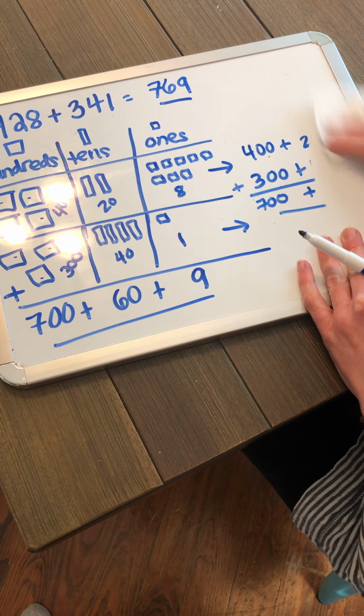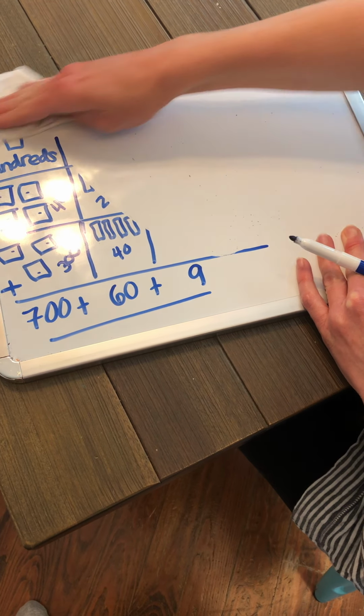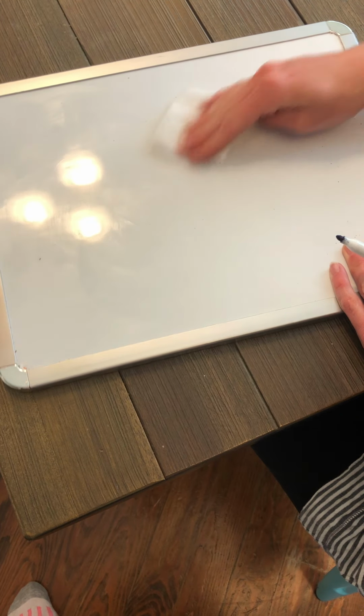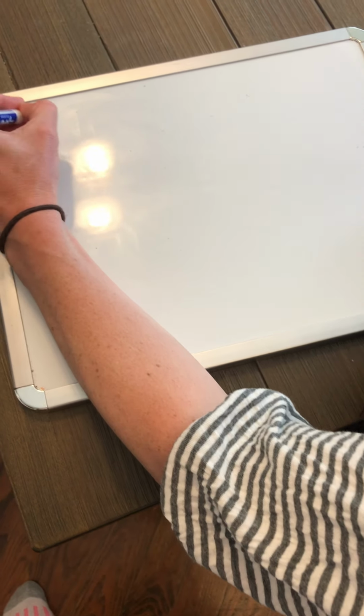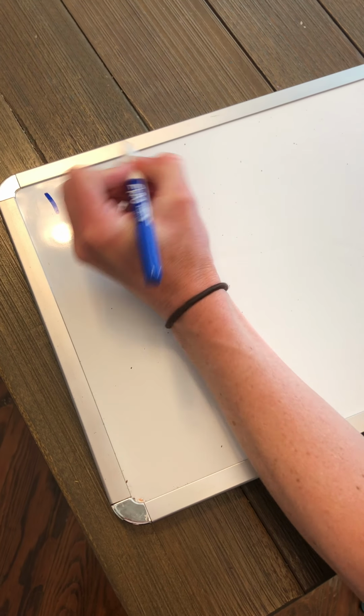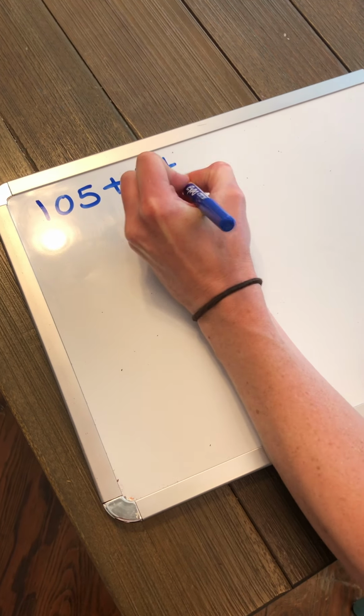The last problem I'm going to show you is going to be very quick. But I want to show you what happens when you have a 0 in a place value, just so that that doesn't trip you up today. So if I take 105 and I add 64,